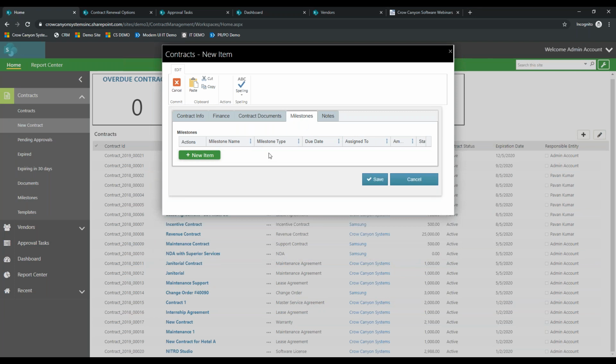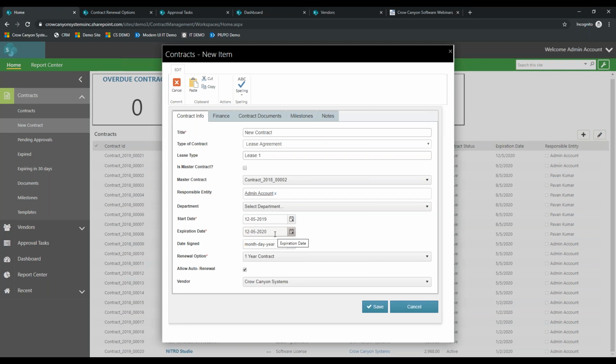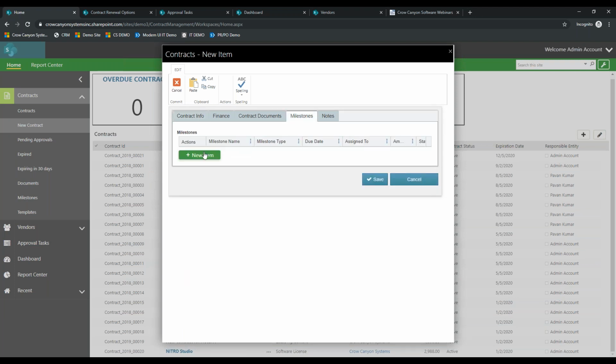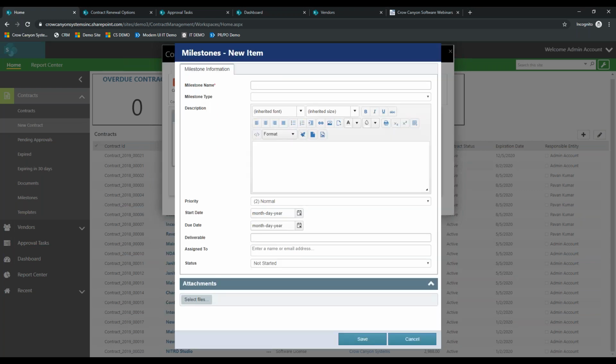In my opinion, the best way to think about milestones is like tasks, creating a parent-child relationship between a contract and a task. Typically what I see with other customers who leverage this tool is that when we send out these notifications around the expiration date, the 90, the 60, the 30 in our example from earlier, we also want to create milestones. We want to create a task, a version history, a log of what has been done on this contract, so that not only are we notifying someone,